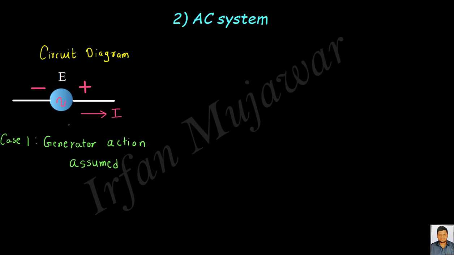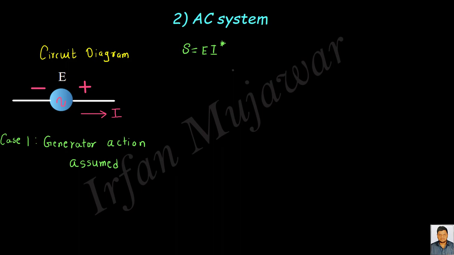Instead, here we will use the convention of generator and motor. Now, if power is flowing away or the machine delivers the power, then that behavior is a generator behavior. So generator action is assumed. Now here, as I told, we need to calculate complex power S, which is given by E into I conjugate. So that is the complex power per phase. We are considering the per phase.